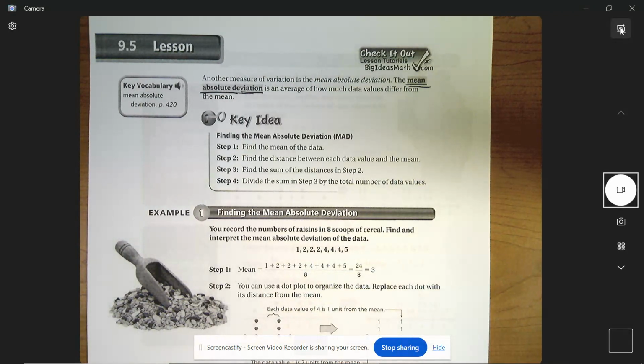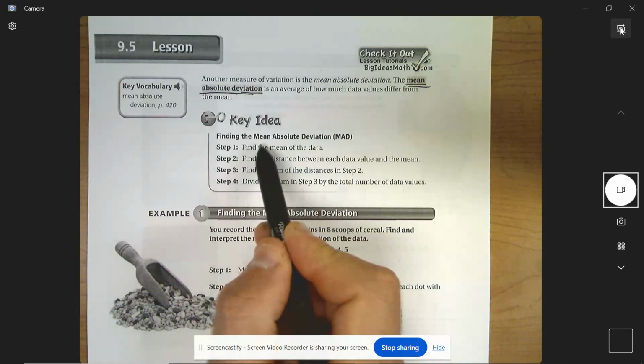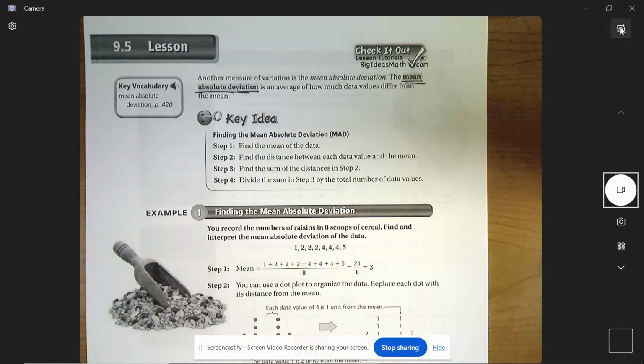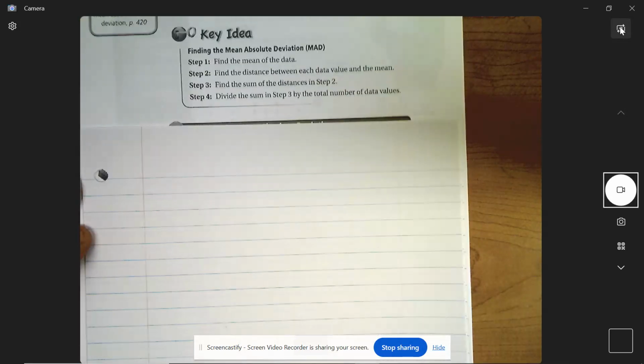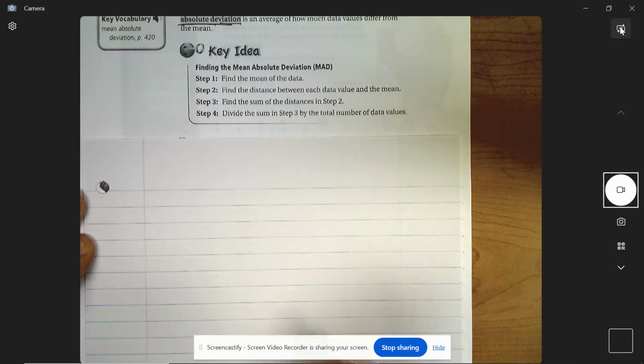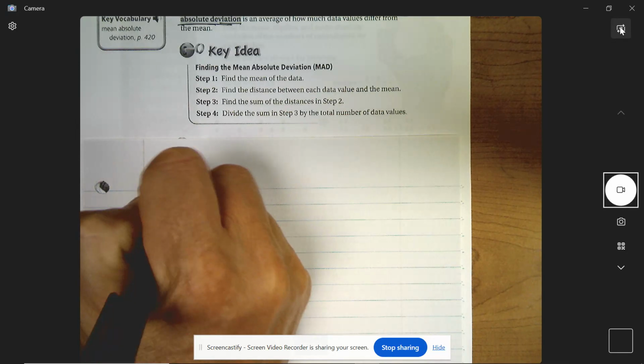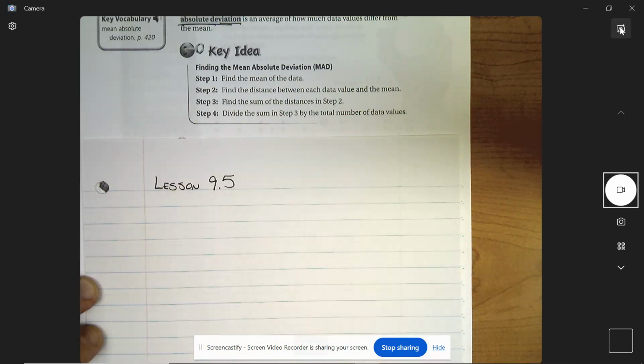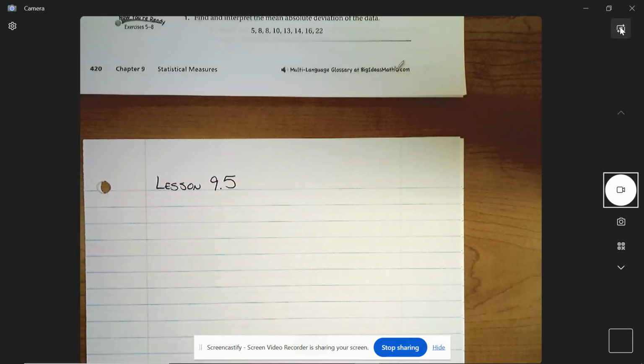So we're looking at data. And this is a phrase that may be new to you. It's definitely something that you will become familiar with this year as we introduce it, and then in the next couple years you'll be getting more and more familiar with it. I want you to begin just by writing lesson 9.5, and then we're going to write the title of that lesson, which is